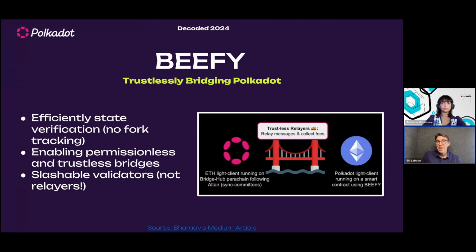So again, what this means is that you can have trustless relayers. You can have bridges that you're not depending on some multi-sig to ensure that your locked ETH are actually safe on Polkadot, or your locked DOT are safe on Ethereum. But rather, you can trustlessly prove that there are X number of ETH that are locked up and that they can be used on Polkadot or vice versa. And this is not just for Ethereum. This is for essentially any chain that can support Turing complete smart contracts.